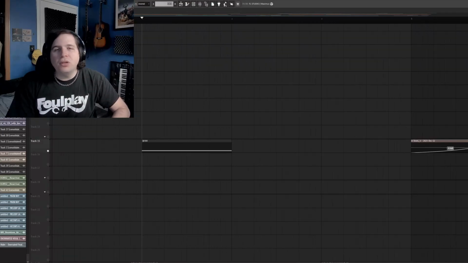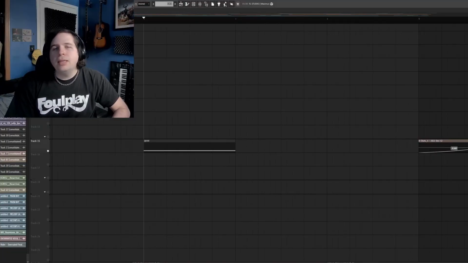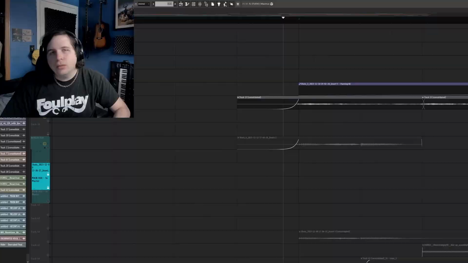So right from the start of the song, this 808 comes in. This is also used in the main chorus. A lot of these elements here you're going to see come back into the main chorus. I have this loop here that's also used in the chorus. Along with this,